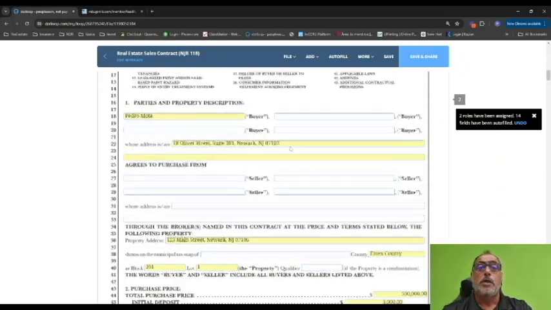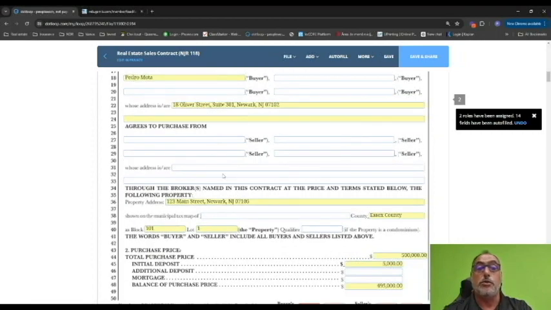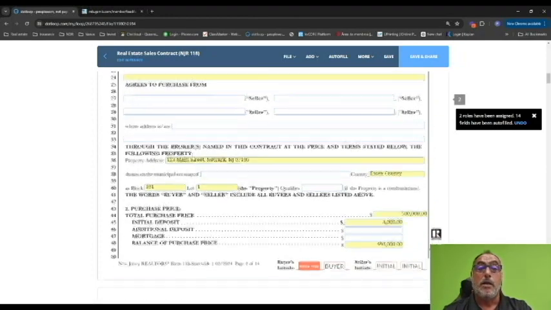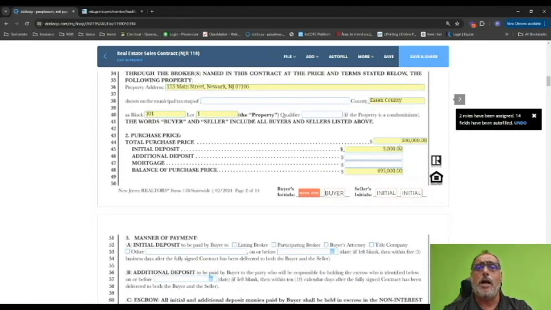Keep going. So in here is going to be your client's name, your client's address. It's very important that you fill these up. Seller's name. If he's on a listing, you can do it. If he's not on a listing, you definitely can go to the tax records or call the listing agent and ask for their client's name. All right? Property address. Block and lot, and now we're going to come to the point